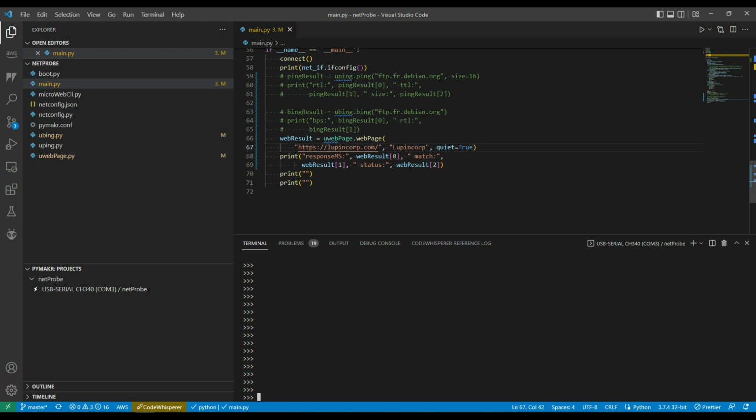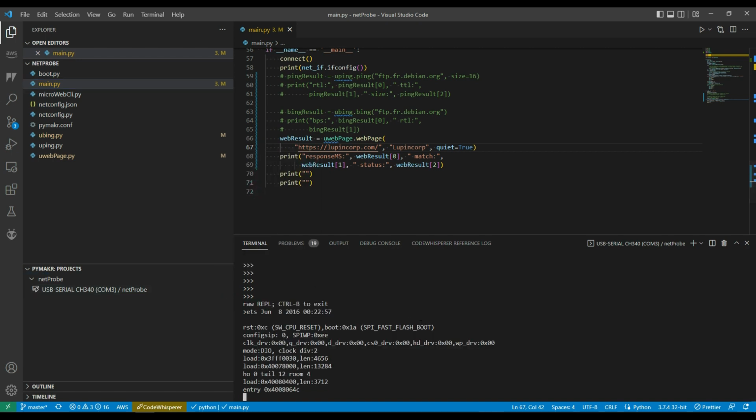And the other thing it does is return the HTTP status, and we can see that when I run it. I turned quiet off, and this time I just wanted to see the actual results. So I've already uploaded it to the Olimex device. Let's reset it. Again, it connects to the network,